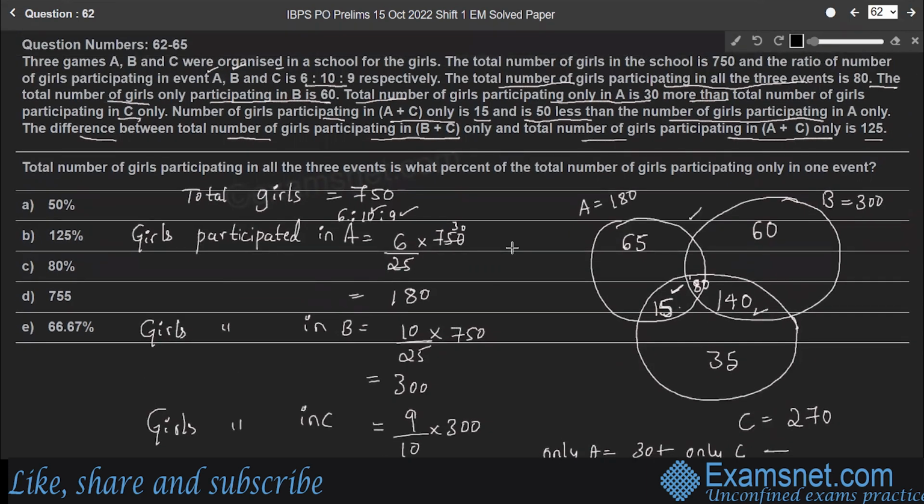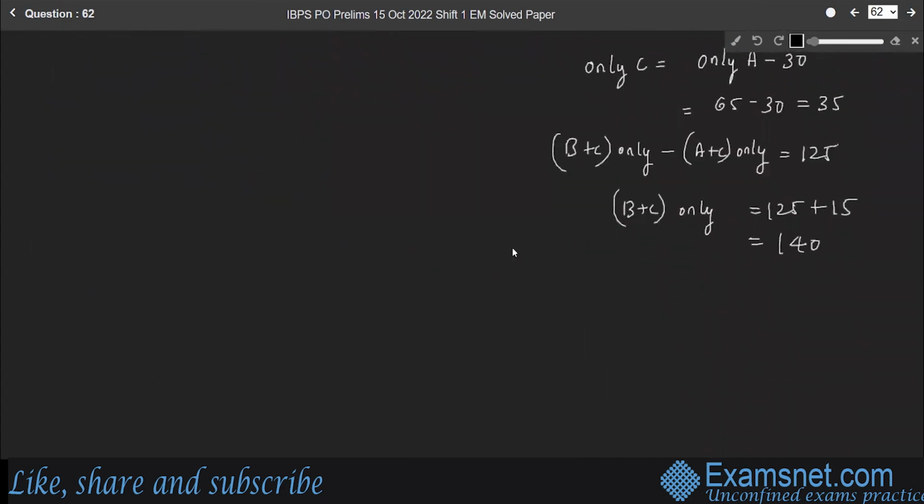A plus B only. So there are totally 750 girls and you consider only set B or set A. So in set A there are totally 180 girls. So in which 65 girls participated in only A, 15 girls participated in both A and C, 80 girls participated in all the three events. That means they participated in event A also. Therefore, only A plus B